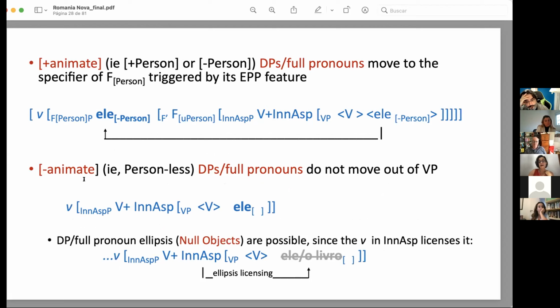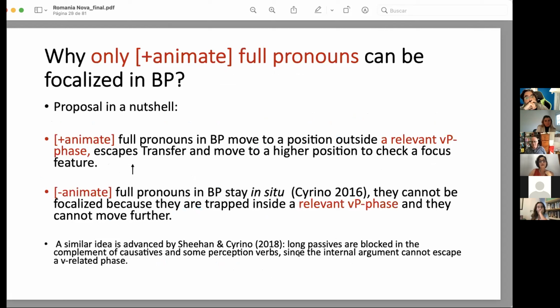And when you have a minus animate, it stays in situ, and that's why we can have a null object, because here inner aspect, the verb in inner aspect can license the ellipsis. Now, what is my proposal in order to explain the possibility of focusing for Brazilian Portuguese plus animate full pronouns? Plus animate full pronouns